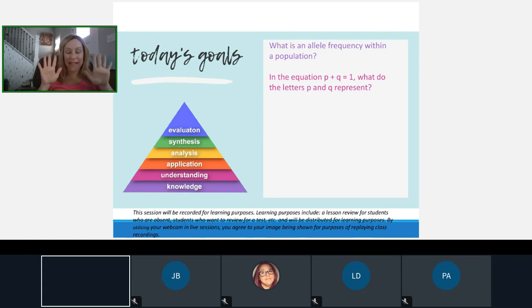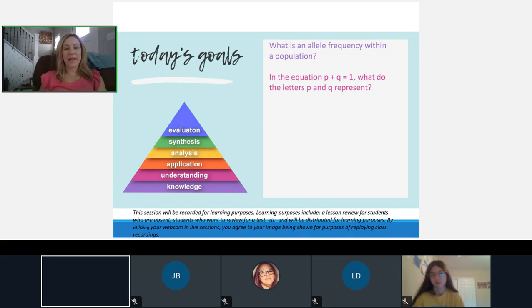There's a dominant and a recessive. Ooh, good. X and a Y. Those are our gender determining alleles. You're absolutely right. But we can use any letter. We can use a capital A to represent a dominant trait. You could use a capital T, capital P, capital C. I'm just pulling random letters, right? Any letter of the alphabet with a capital letter is going to represent our dominant traits of a gene or